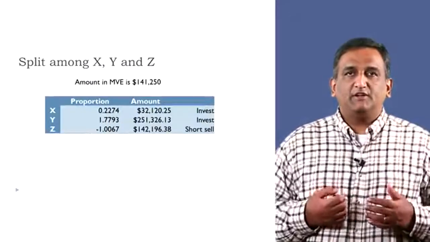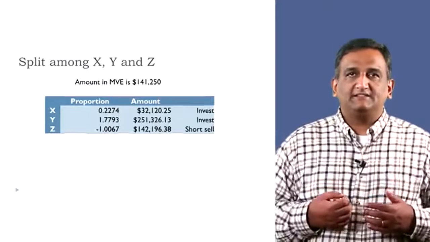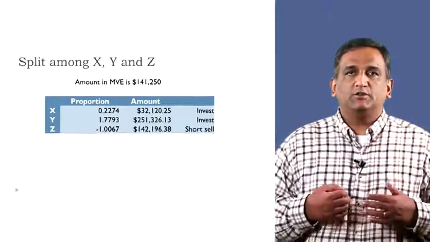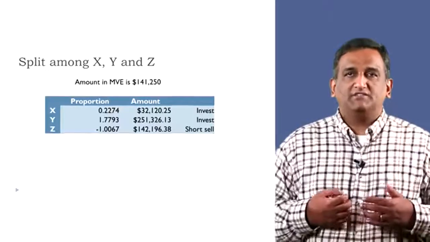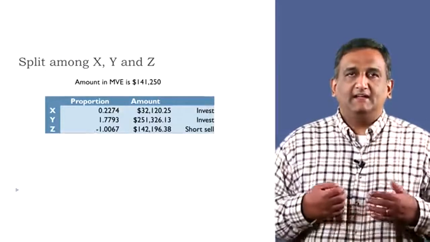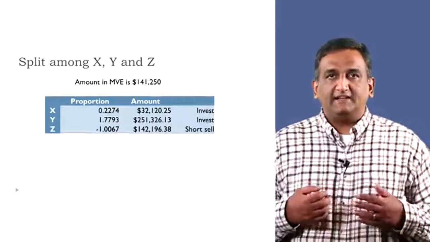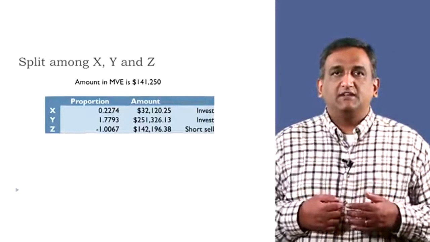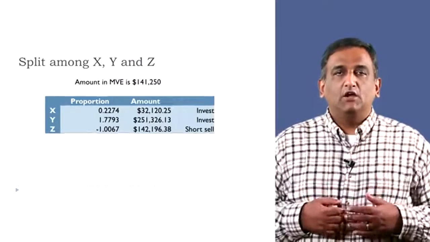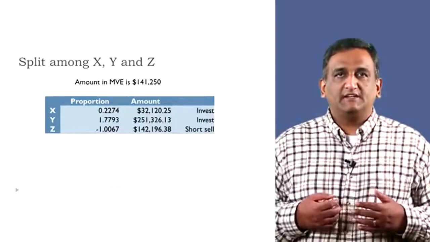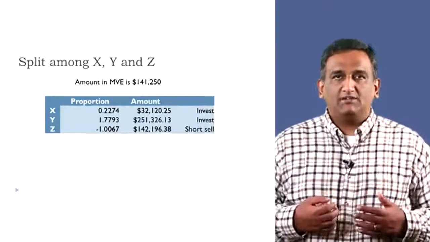The $141,250 must be split between X, Y, and Z according to the proportions 0.2274, 1.7793, and negative 1.0067 respectively. That is, you should invest $32,120.25 in X, $251,326.125 in Y, and short sell